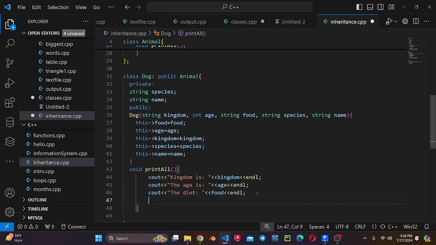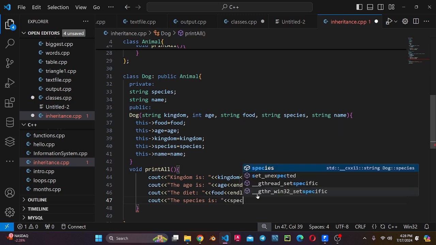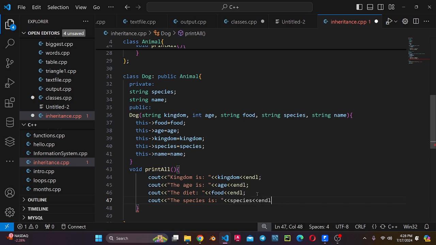So same function again, and around the species, that's going to be species. Name is